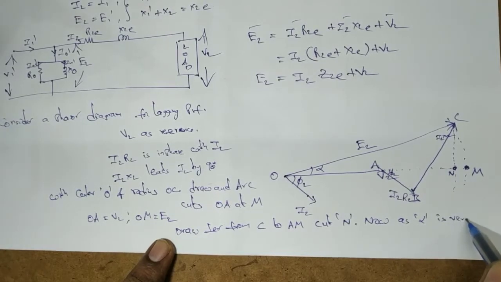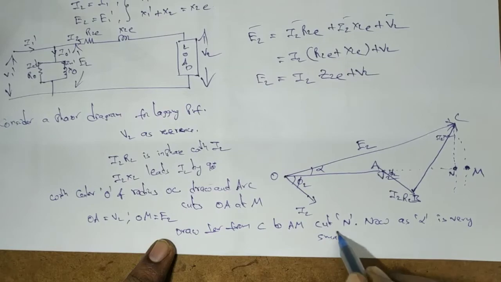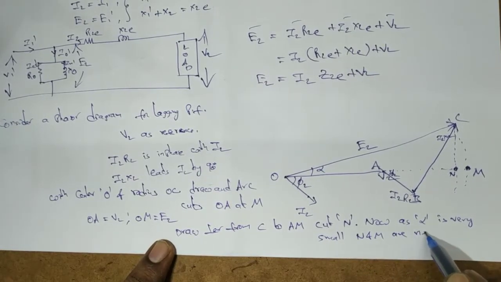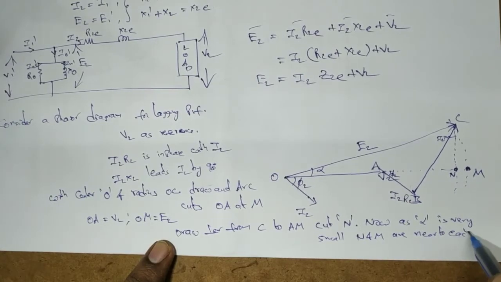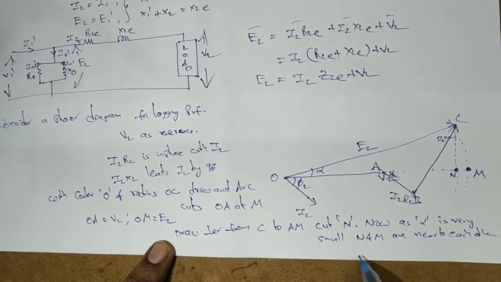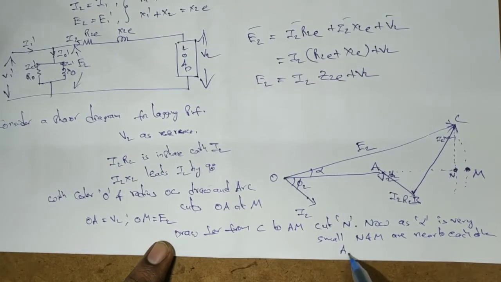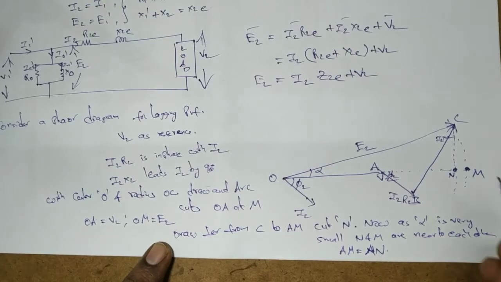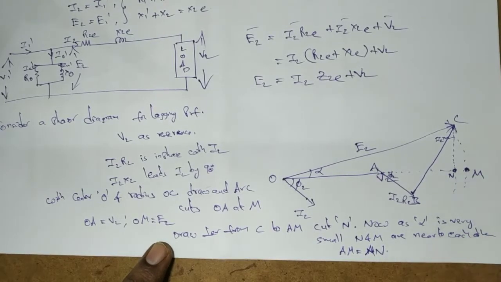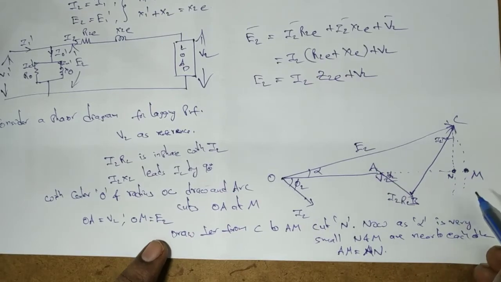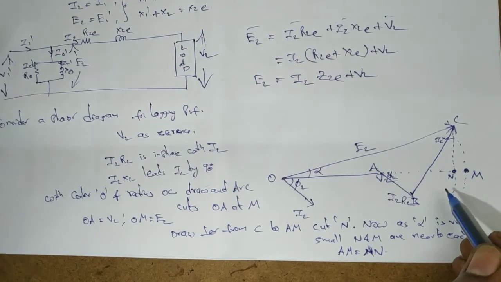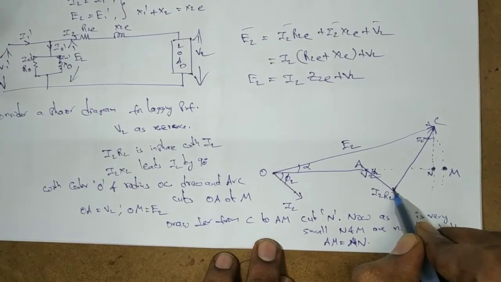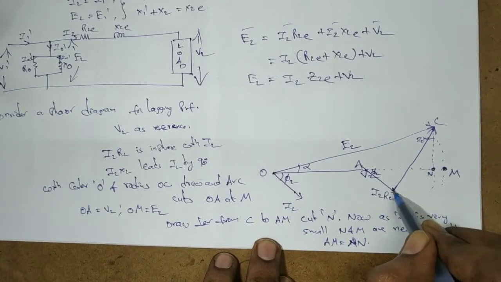So if you do the same with the help of the compass and draw it as a professional, then you will get AM equal to AN. Distance AM will be approximately equal to AN. Actually, the induced EMF E2 is equal to OC, whose length is equal to OM. But now we have approximated OM to be equal to ON. So rather than finding OM, we have to calculate the ON value.